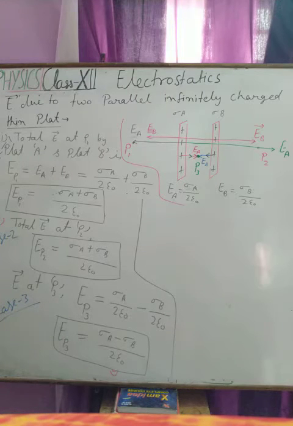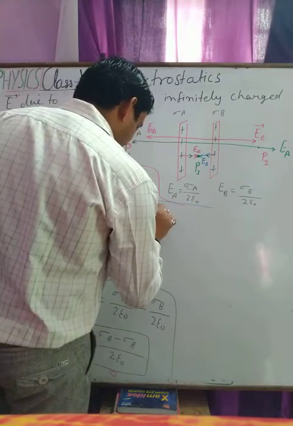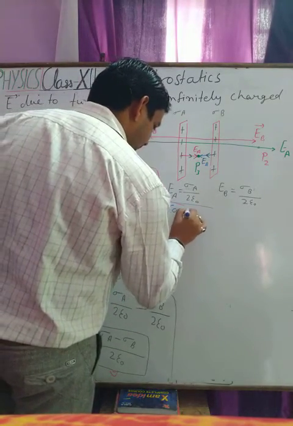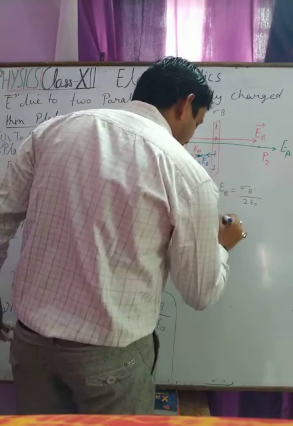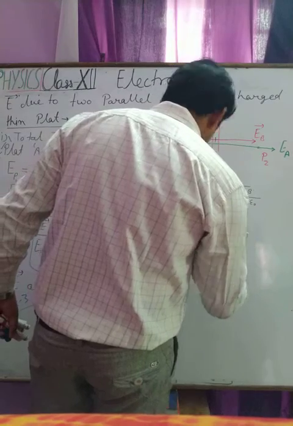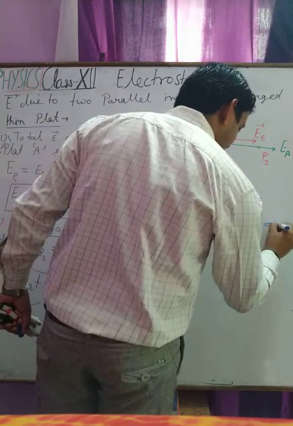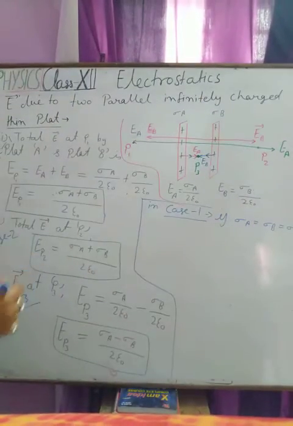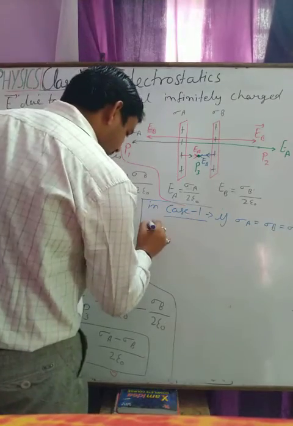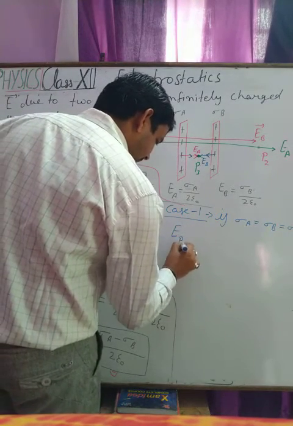Okay, now what we find in case 1: if sigma A equal to sigma B equal to sigma, therefore E_P1 is equal to